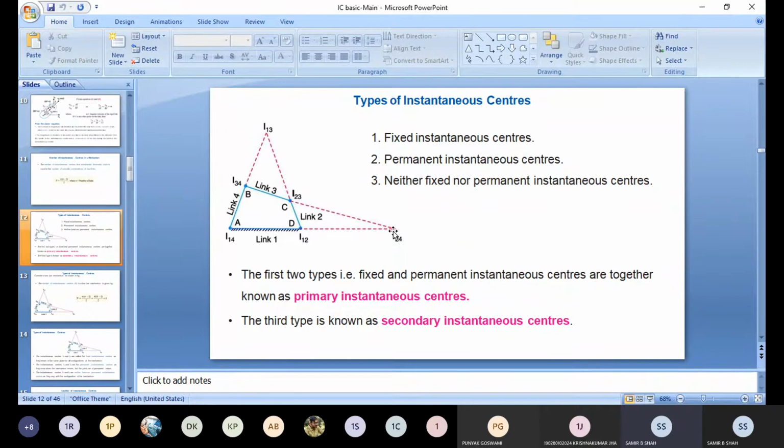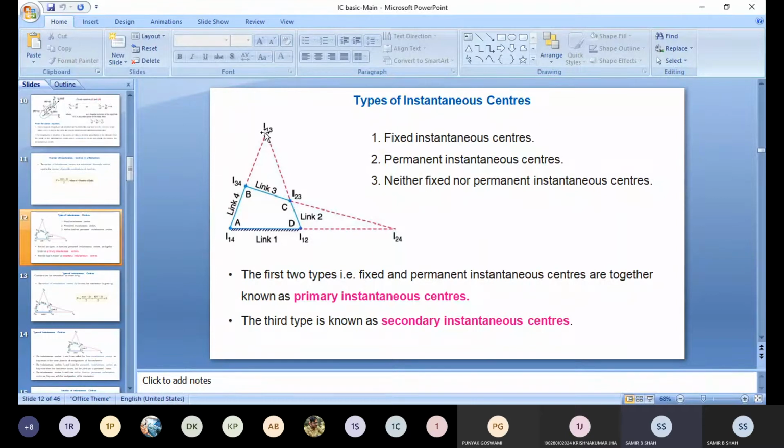Okay, this is considered as the I center of link 2 and 4. And in the same way, if I join or extend these 2 points, which may pass fully through link 1 and link 3, then both link 1 and link 3 are covered fully. If I extend these 2 lines and they intersect wherever, then it is considered as the instantaneous center of link 1 and link 3, and it is called I13.